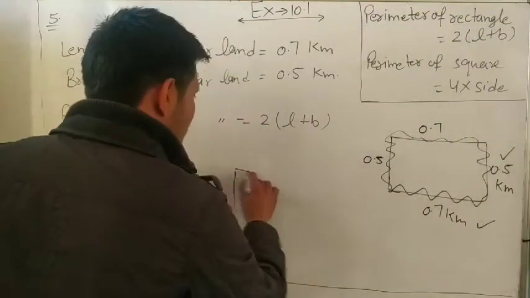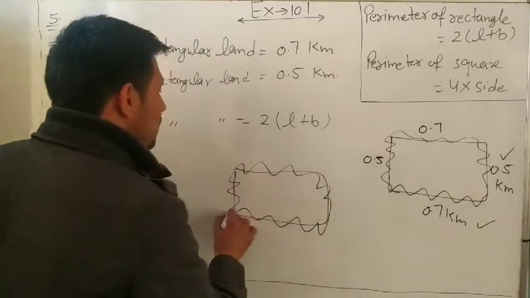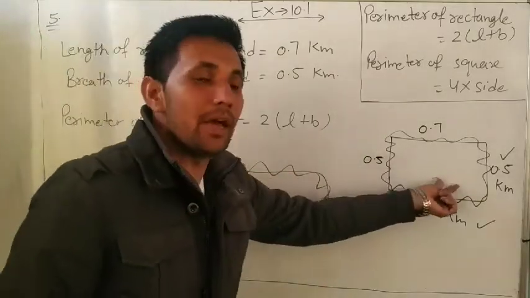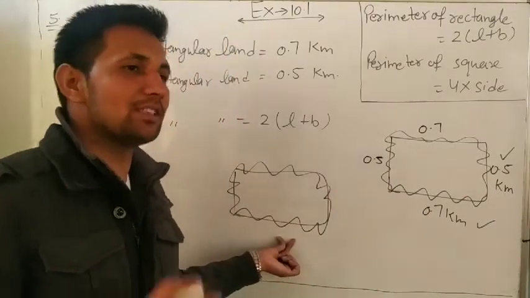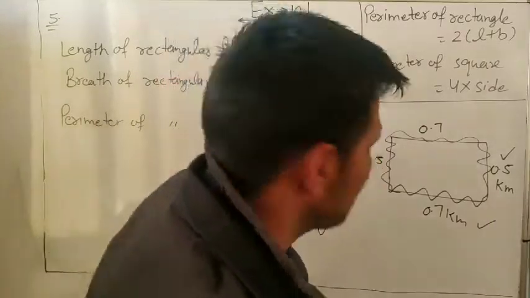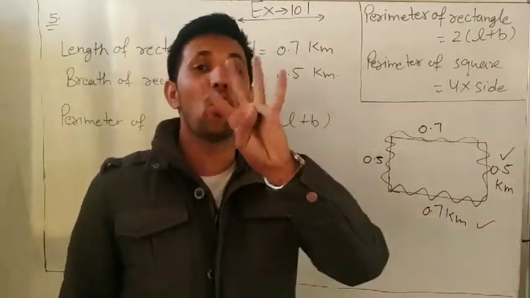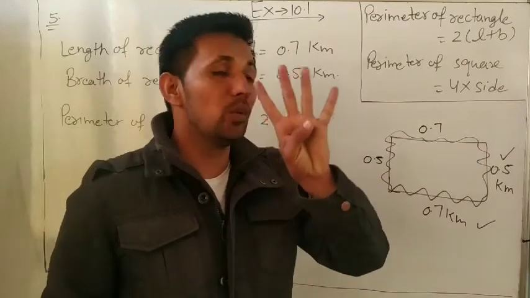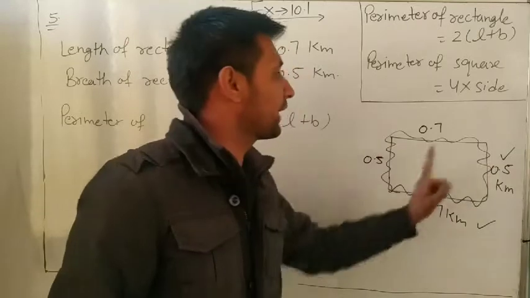Again, a second time we are fencing. So what is the total length? Perimeter into 2 times. Here only 2 rows would be fenced 2 times. But in the question, how many times do we have to fence? 4 rows. 4 rows means we are using 4 times. So multiply 4 into the perimeter of the rectangular plot.